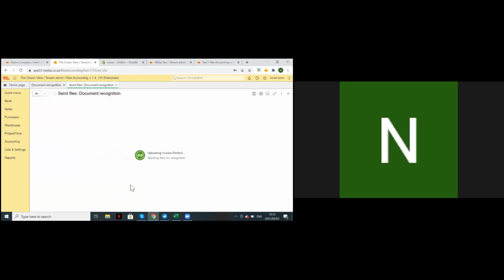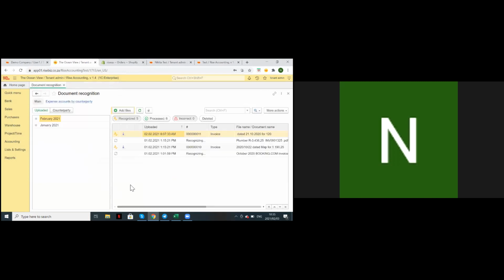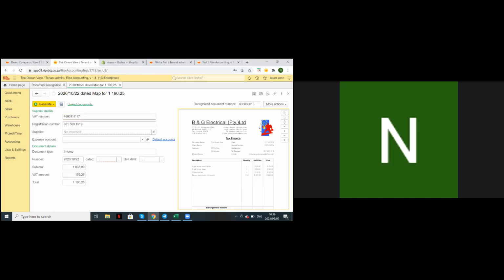The uploading process takes about 5 to 6 minutes, so I'm not really going to wait for it to upload. I'm going to use one that I've already uploaded. I'll just refresh, and you can see you get a message saying it's still recognizing, meaning it's still uploading. And the ones that are done look like this. Let's say now I open up this invoice